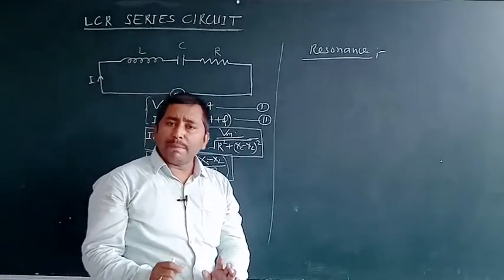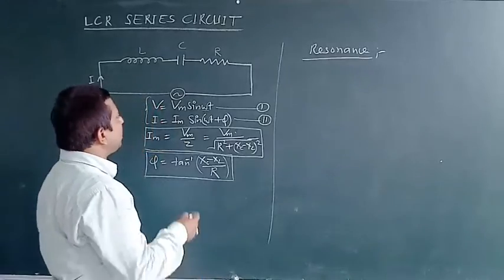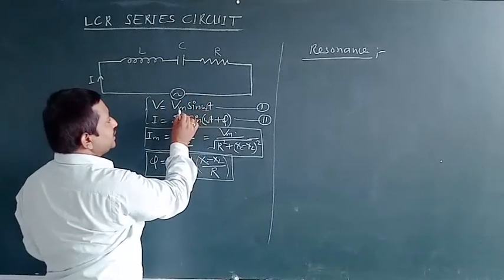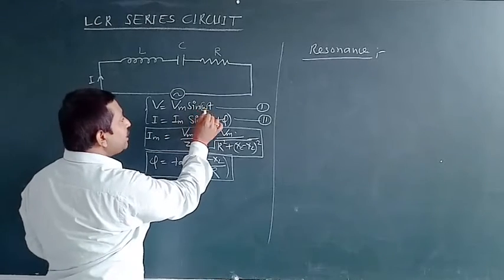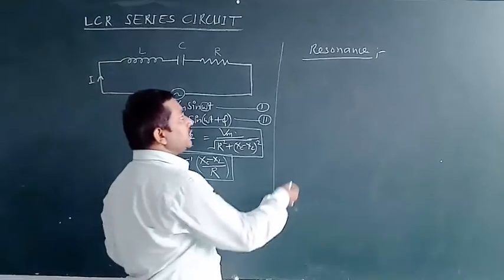This will happen only by changing the frequency of the potential source applied across this LCR series circuit. So if we change this value of omega, then as we know